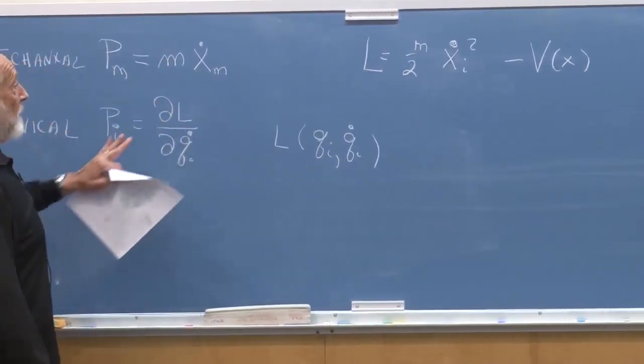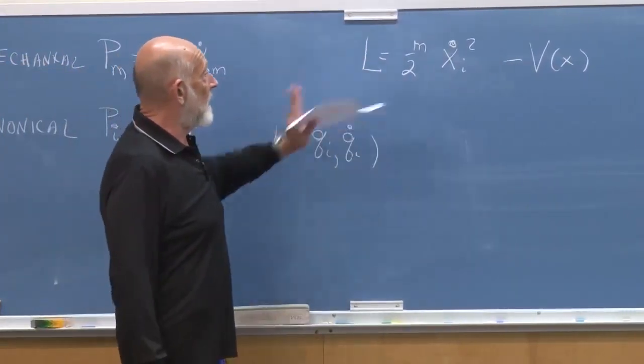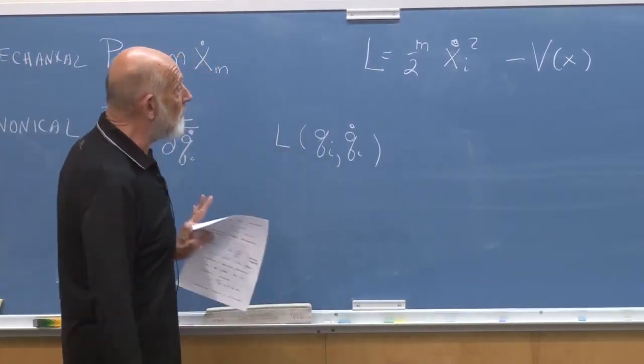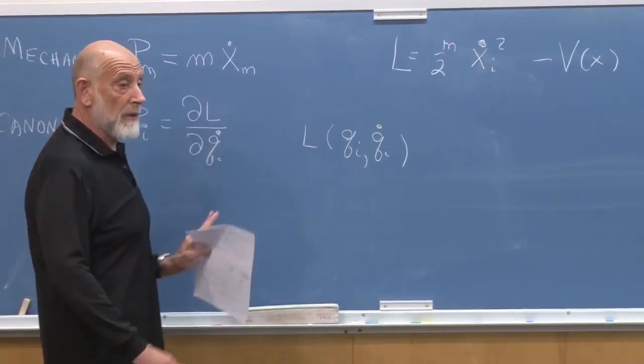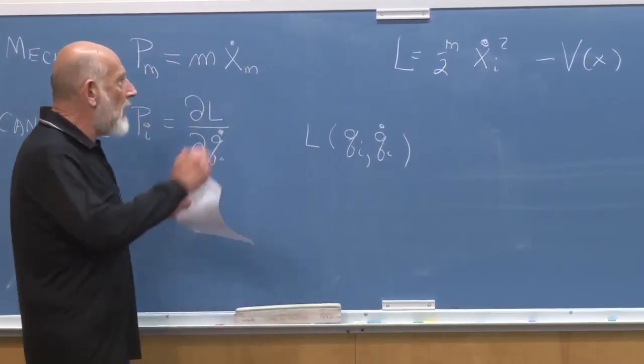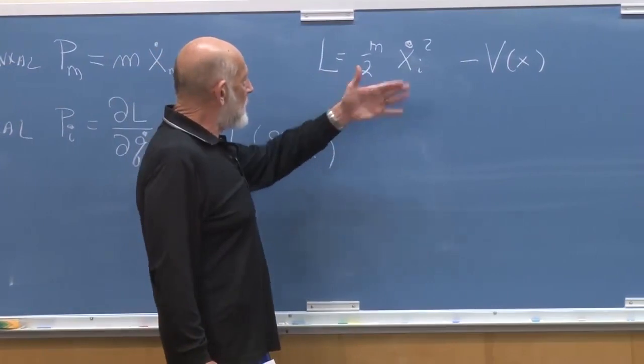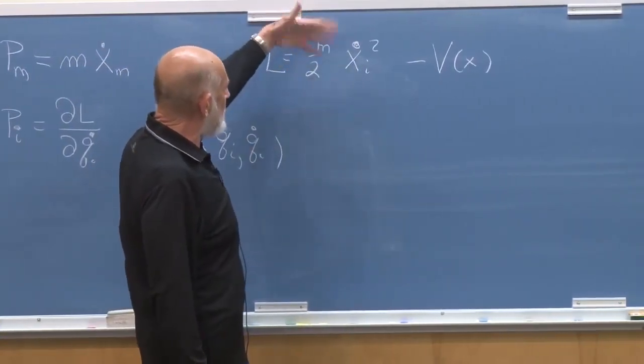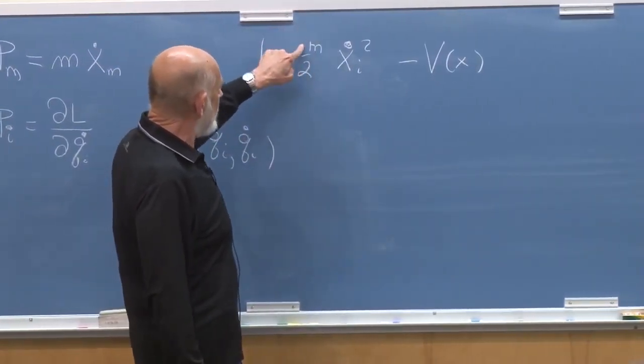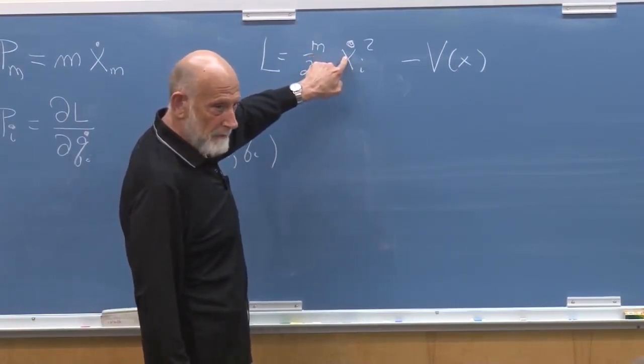So in that case, for this simple Lagrangian, the canonical momentum and the mechanical momentum are the same. And for a wide class of Lagrangians, in which the kinetic energy is just expressed as the sums of masses times x dot squared,